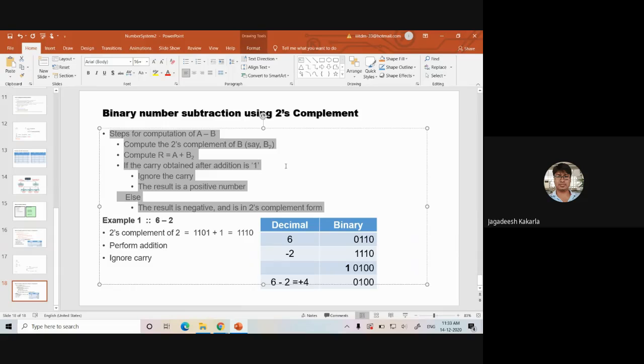I will tell you. In the exam, if someone asks you to perform A minus B using 1's complement, then you need to follow the 1's complement. If someone asks you to perform A minus B using 2's complement, then you need to do that. Now, what will the computer do? The computer will use the 2's complement only, because I have already discussed the problem with the 1's complement, and negative numbers will always be represented using the 2's complement form only.